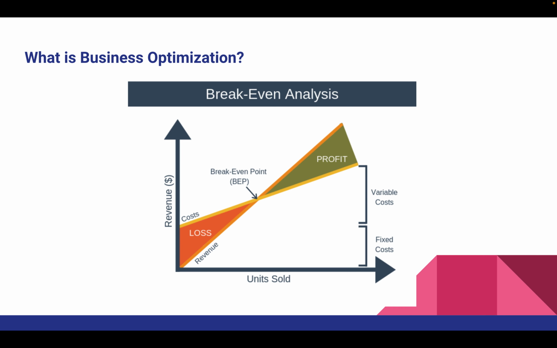So what you see on the left-hand side, which is indicated in red, is typically the so-called loss zone. And the loss is often based on not knowing all the costs that are going into a product. These costs can sometimes be more than meets the eye or is obvious. Therefore, break-even analysis allows a decision maker to clearly analyze at what point, considering all costs, the company is going to make profits, and how many units need to be sold to cover all